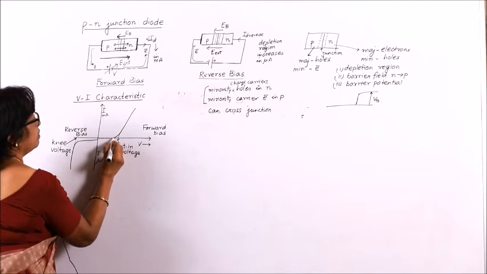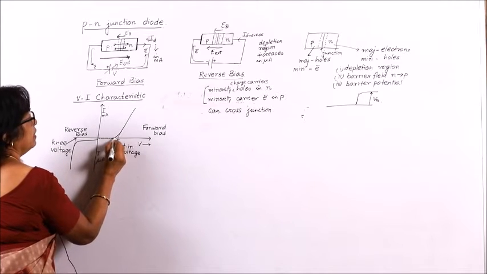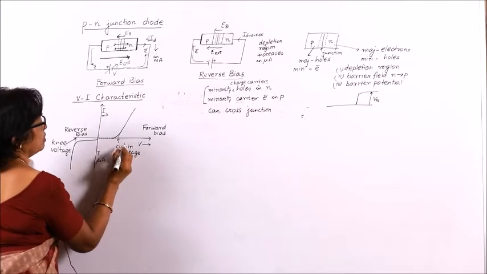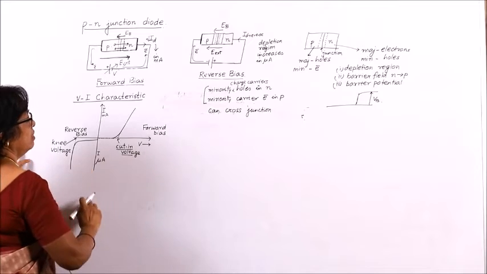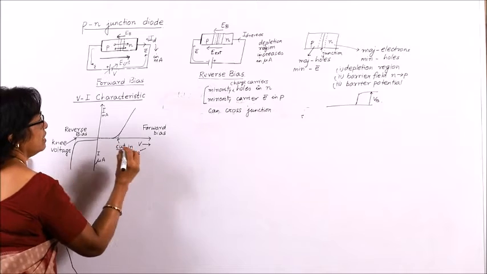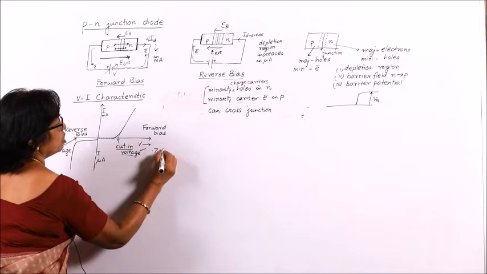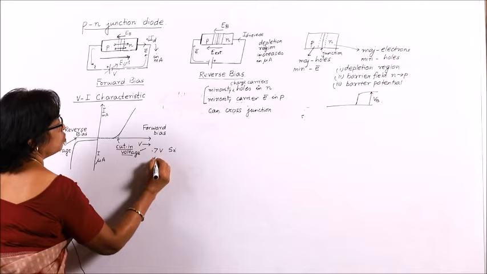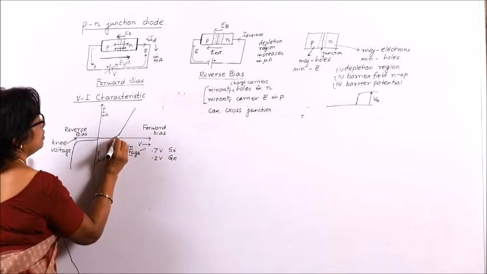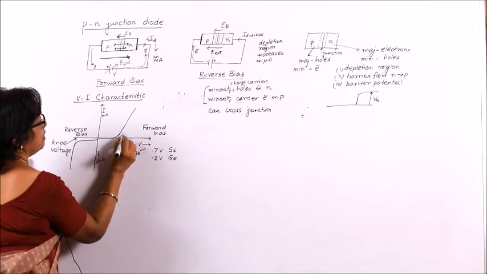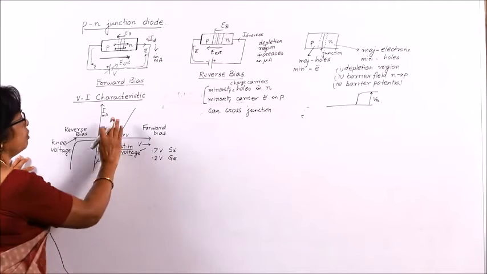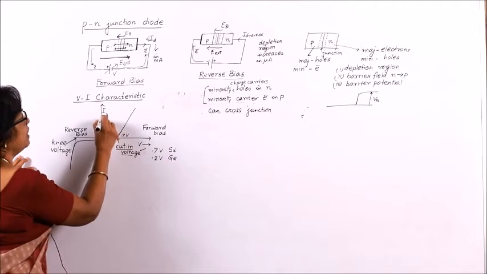When that voltage is overcome, the current increases quite sharply. This voltage from when the current increases sharply is called the cut-in voltage, and this cut-in voltage is 0.7 volt for silicon and 0.2 volt for germanium. That means this value is 0.6 or 0.7 volt for a silicon diode. So, this is the forward bias characteristic, the current is in milliampere.